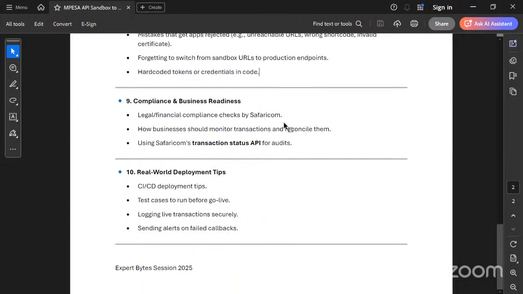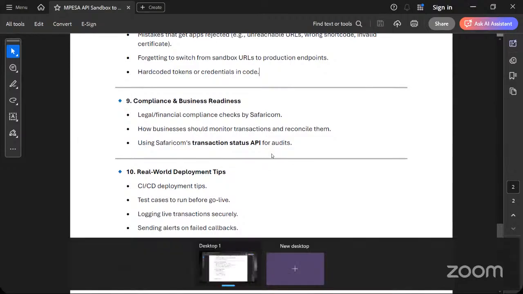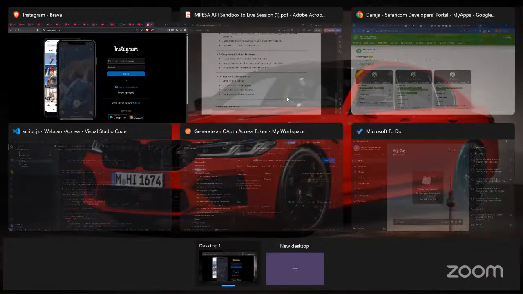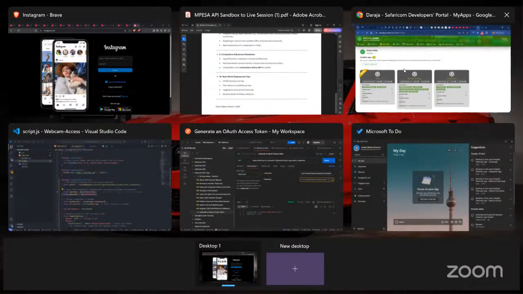Okay. Compliance: legal or financial compliance checks by Safaricom, and how a business should monitor transactions and reconcile them using Safaricom's transaction status API. Awesome. So I think the compliance requirements are written under the terms and conditions, but